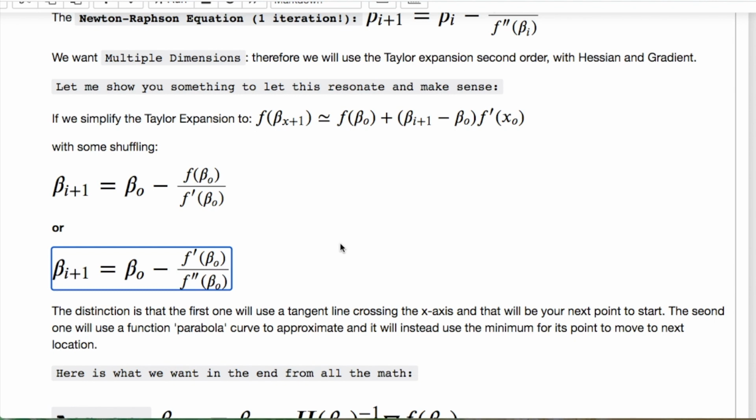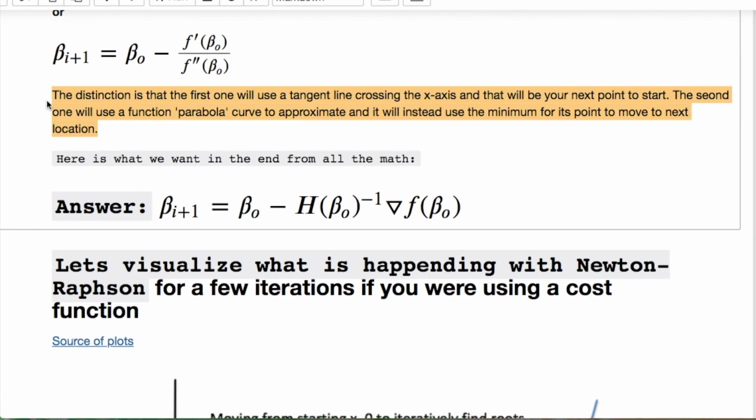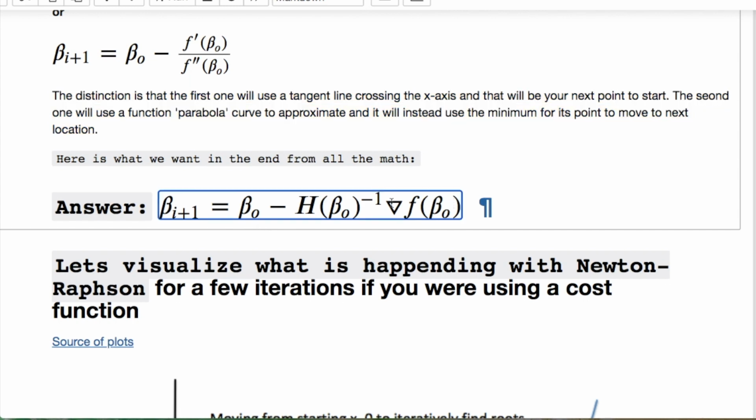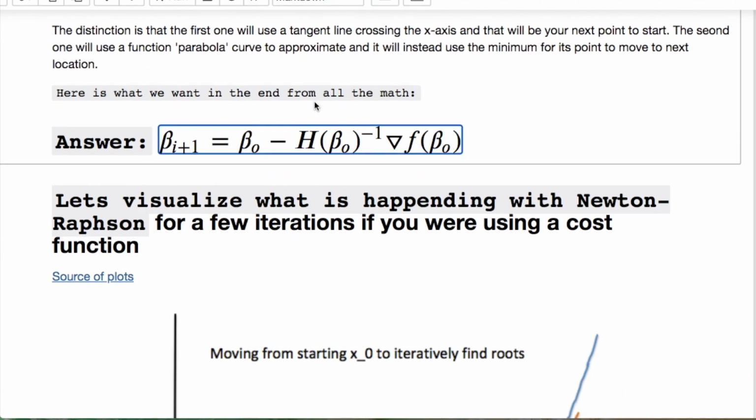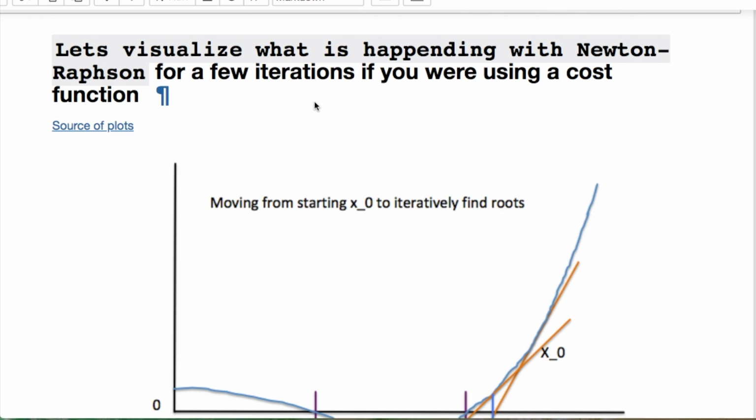Newton-Raphson's very interesting because it takes very few iterations to find your parameters. Okay, if you're confused, pause the video and look at this highlighted part right here. But basically, in the end, for the multidimensional part, it'll look the same, but this is what you're doing. You have to remember what's going on with positive definite matrices for the Hessian and complications when that doesn't arise. But here's your inverted Hessian and your gradient. This is how you would solve it in multiple dimensions. I left links above so you can go to the math and there's derivations, but they're not extensive.